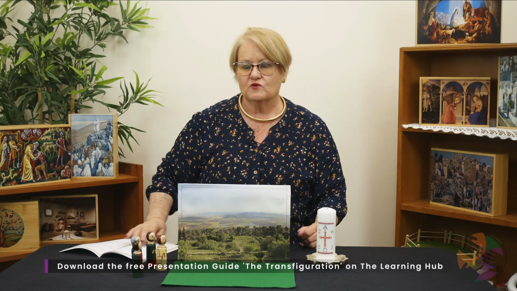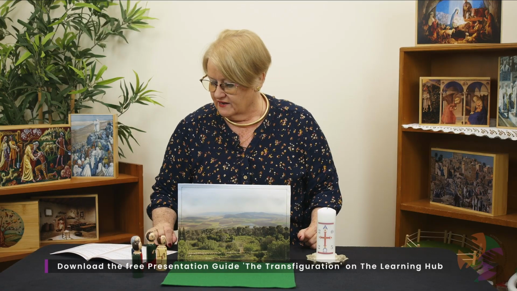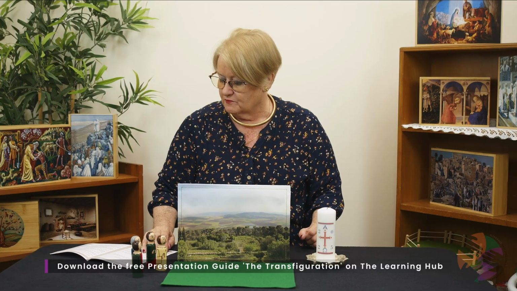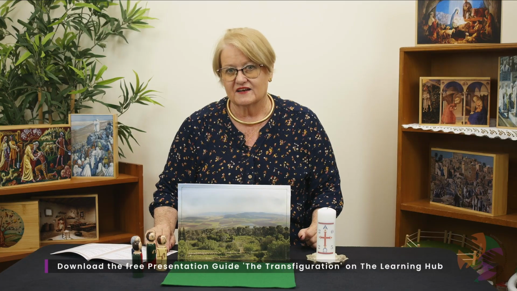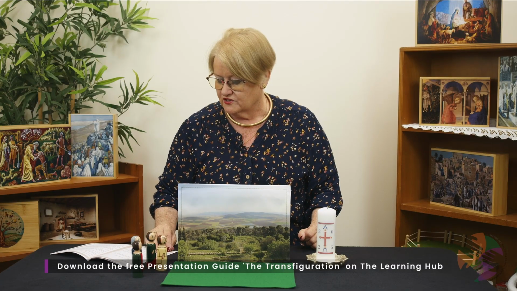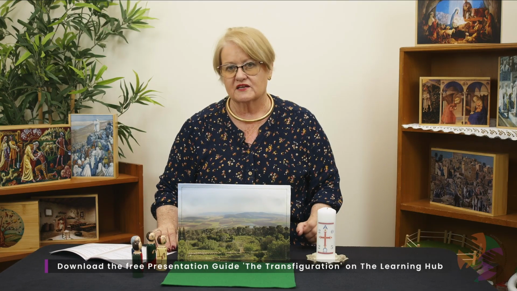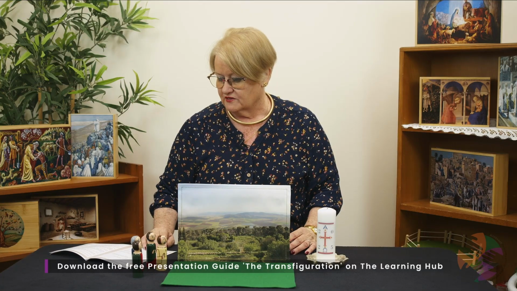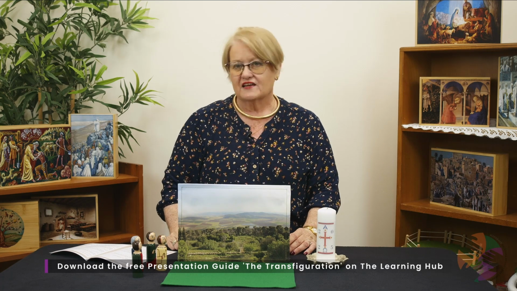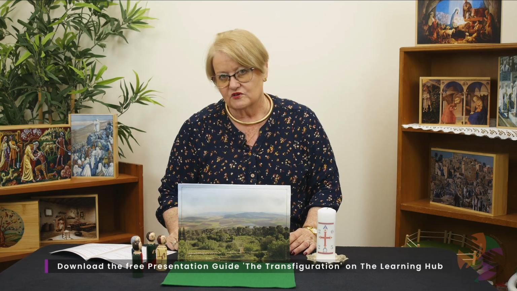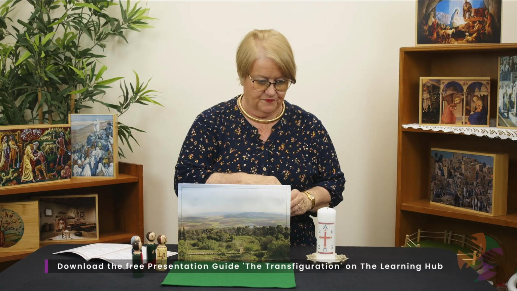And then 2 of the Old Testament figures. Moses is one figure, and he was a person who led the people out of the land of Egypt, and to whom God gave the 10 Commandments many centuries before Jesus came. Elijah is another prophet of the Old Testament times, and he represents all the prophets in his appearance in this particular passage. So children, this is a very special event that took place sometime before Jesus actually died on the cross. So we're going to light our candle.